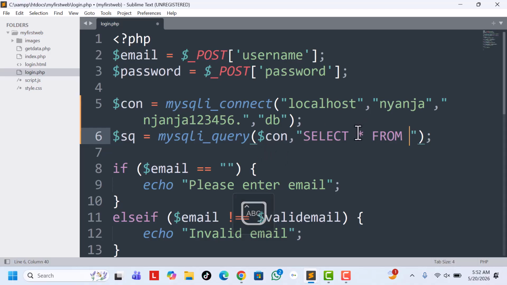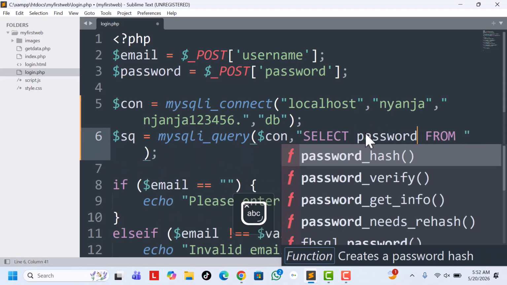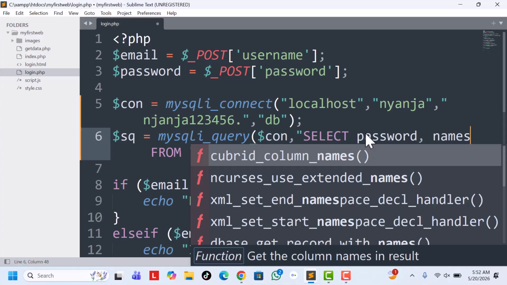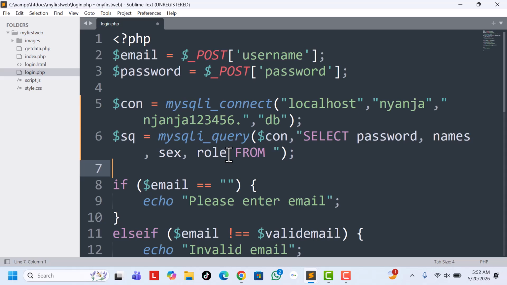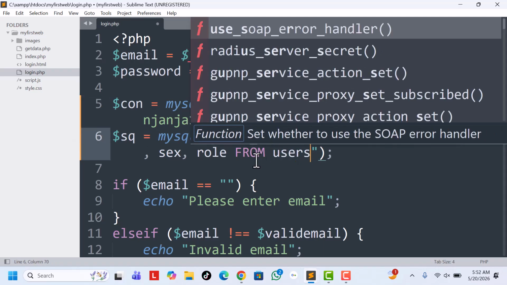Now this means select all, so we're going to select all the columns. If you want to select some columns, you put the name of those columns here. So you can say select, for example, password, names, sex, role. Okay, so it depends on the names of the columns of the table. Now from which table? Here I have DB, or database DB. Now the table from this database is users. From users,